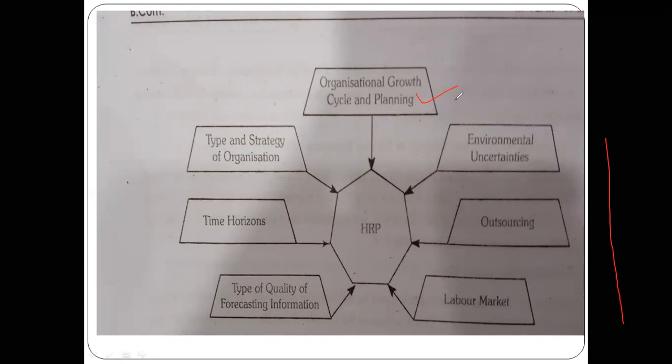Now you can see whatever I explained. This is the organization's life cycle. Let us take, for example, the growth cycle. This is the embryonic stage. Embryo, you know, with reference to living beings, means just recently out of the mother's womb, or in the mother's womb. That is called an embryo. So this is a recently established organization.